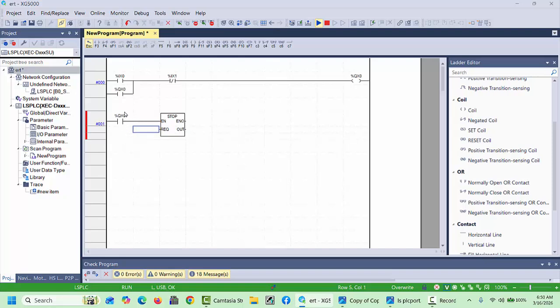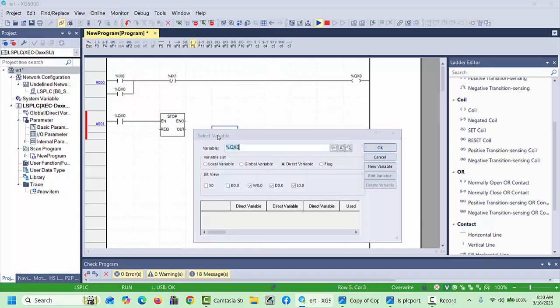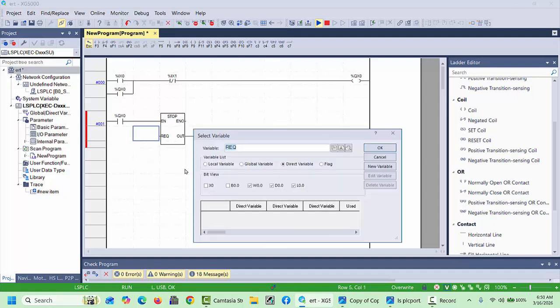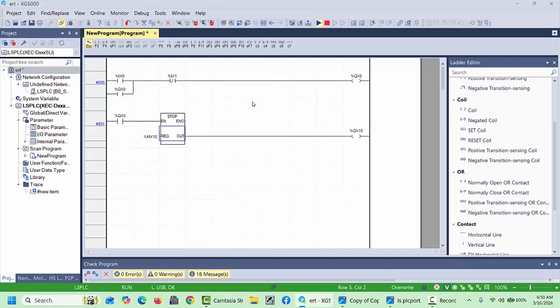This is our main execution, and for that output we will take one main relay, for example QX10. This will be our main program relay for the emergency, and here we will take one input, for example MX10,